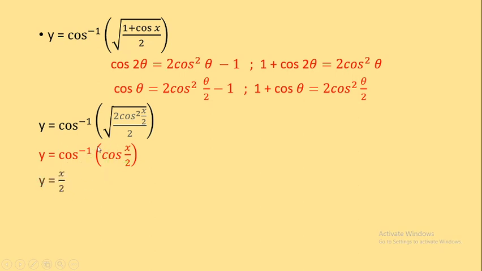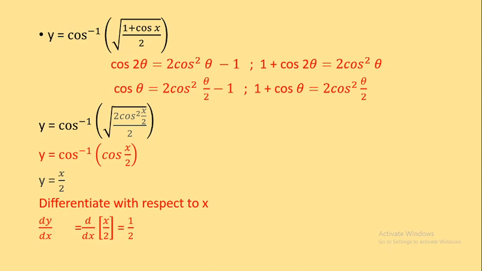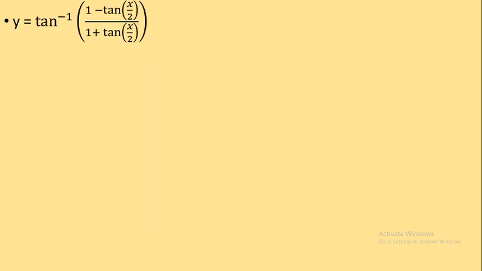So in this type of sums, you can understand that you don't go at the very first step and differentiate with respect to x. You have to solve that sum. You have to make some substitutions. You have to use some formulas and then you come to a point and then you find out the derivative. So at this step, we differentiate with respect to x. And now everybody knows the answer. It's so simple. The answer is half. Very good. Let's go for the next question.